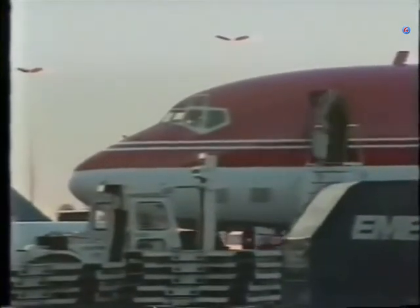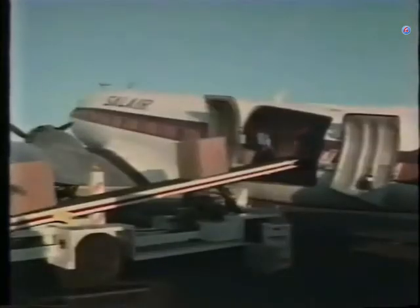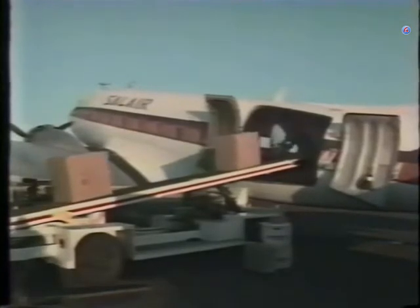Salair takes cargo from these large jets in Seattle and flies it to smaller airports, where it makes sense to operate planes which cost only